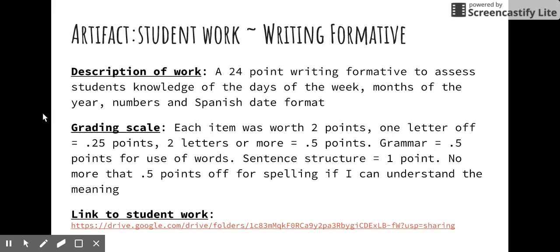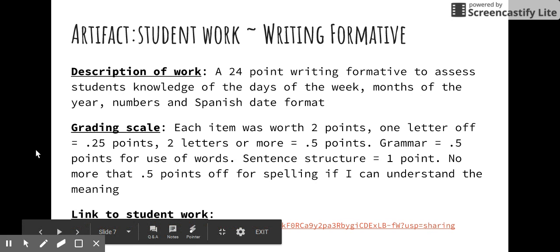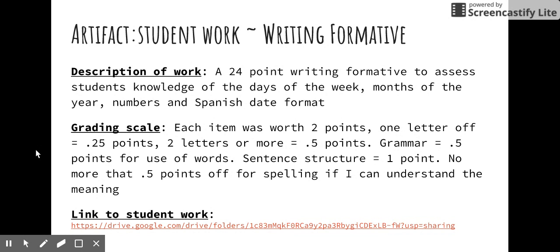This came after Erica and I had identified writing as one of the big weaknesses of students with learning disabilities in my second period. We talked in depth about the new grading scale that I implemented this week, which was changed from my last writing assessment. Last week, Erica and I discussed what an improved grading scale would look like that focused less on just the spelling points and more on the knowledge and content that students were demonstrating. So we discussed the new grading scale and how it affected student grades.